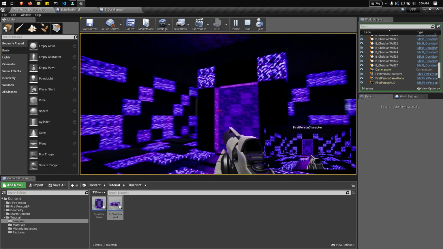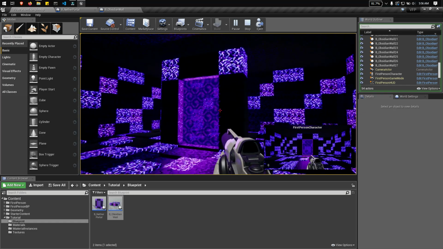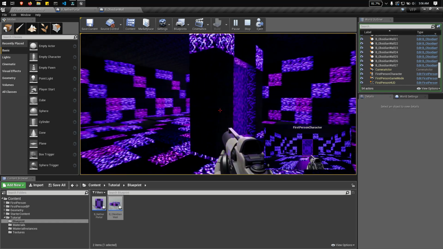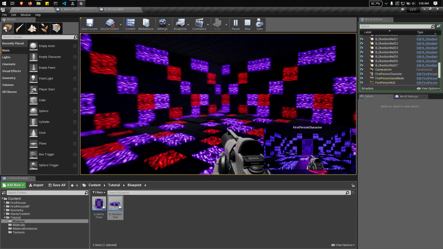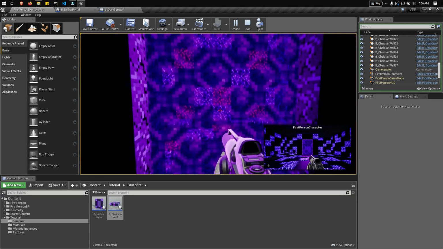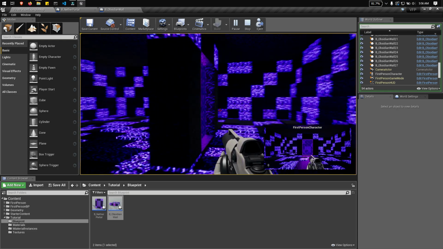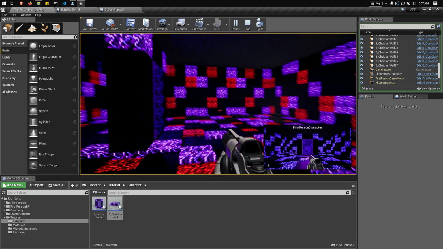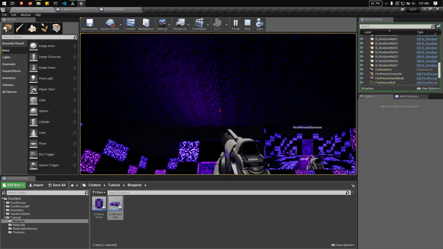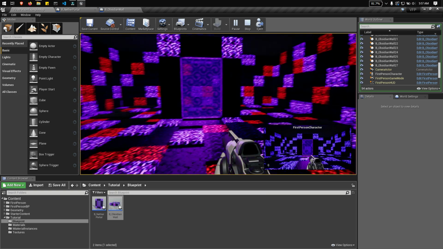So this is the final output of the blueprint of the Nether portal, and this is how we create a blueprint actor in Unreal Engine. As you can see, it looks like the real Minecraft game.